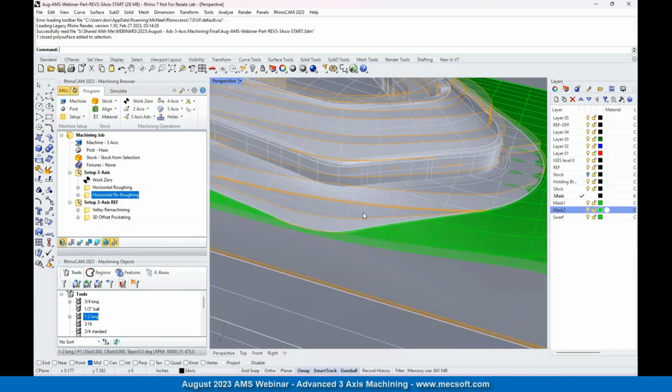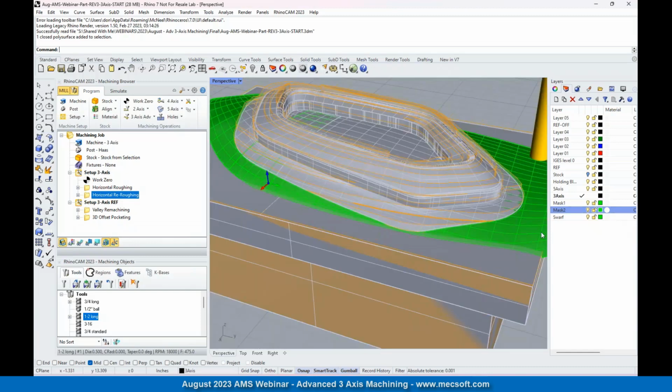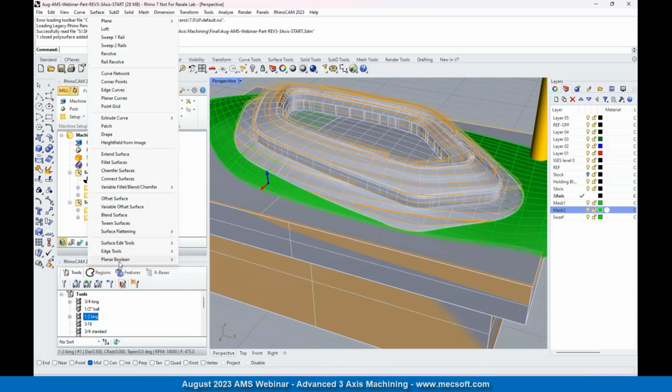surface up here. So we're going to be machining this, and this edge right here is going to be a parting line. So we don't want the tool to roll over this edge, so we got this surface right here. And what I did to create that surface, I just took the surface I'm going to machine, and in Rhino, I just did surface, surface edge tools, untrim,